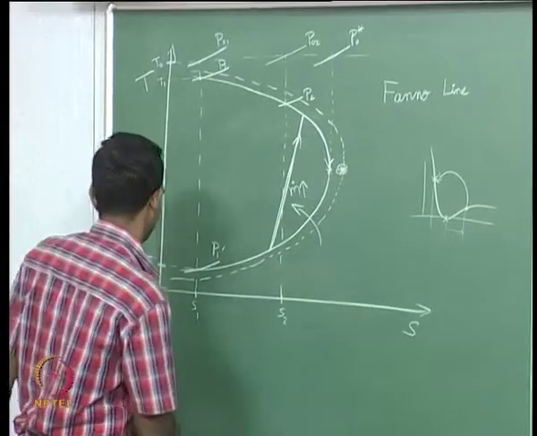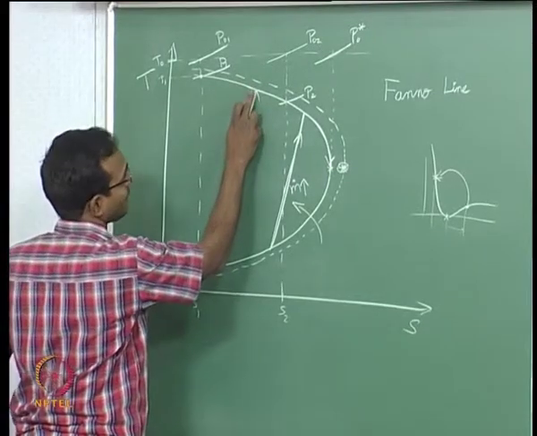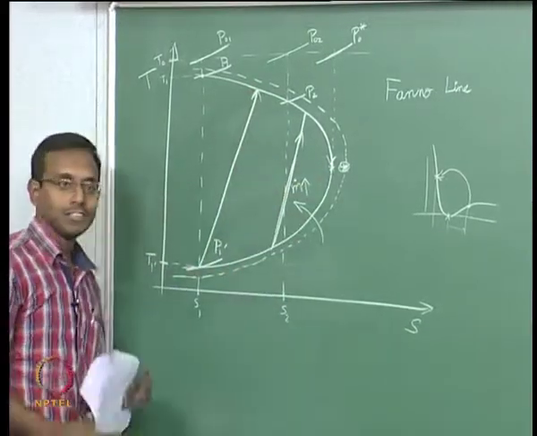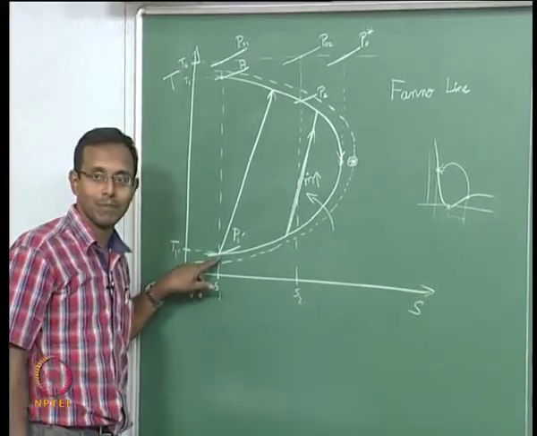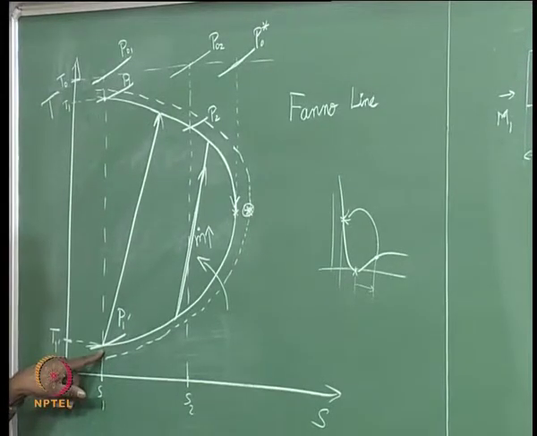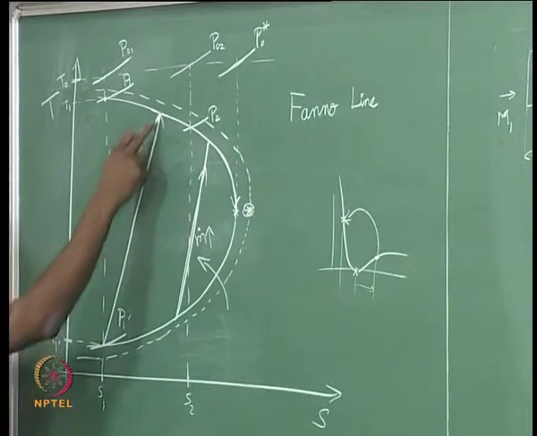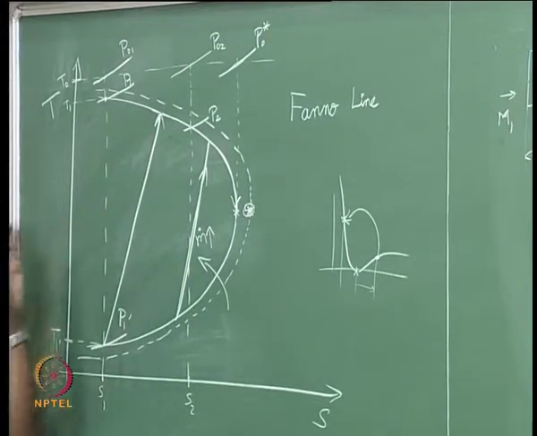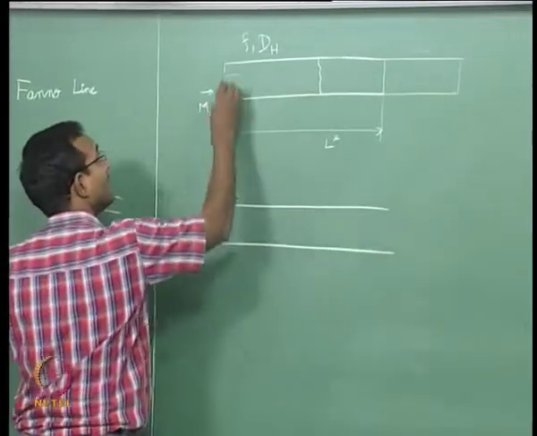There may be a case where it has a shock from the beginning and it will jump here, and then from here it is going to have a fully subsonic solution. This is the shock at the inlet. I said this is my inlet condition, M equal to 1, M1 prime here. This is my supersonic Mach number. If I increase my duct length any more, then the shock will jump outside the inlet. It will be in front of the inlet, where I will still have the same Mach number. It will go there, but after that, since the shock is outside, I will draw another picture here. I will go till the shock comes to the inlet.